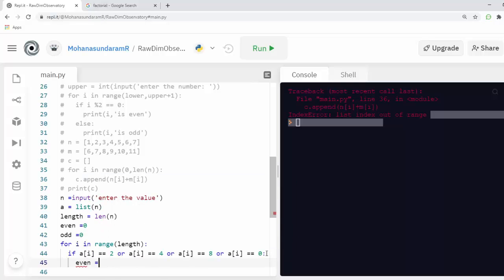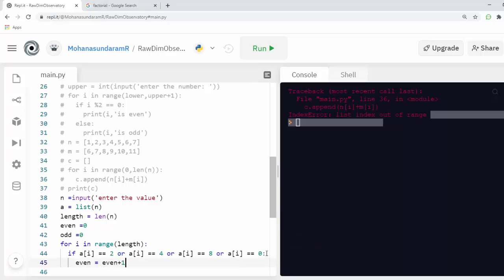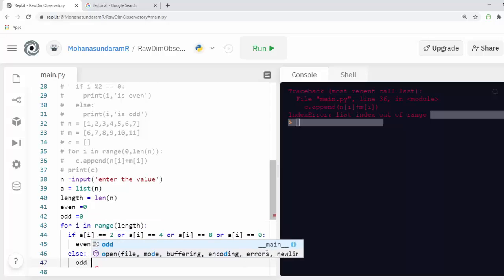Even equal to even plus 1, I'm going to add one value to it. Or else I'm going to add one value to odd.